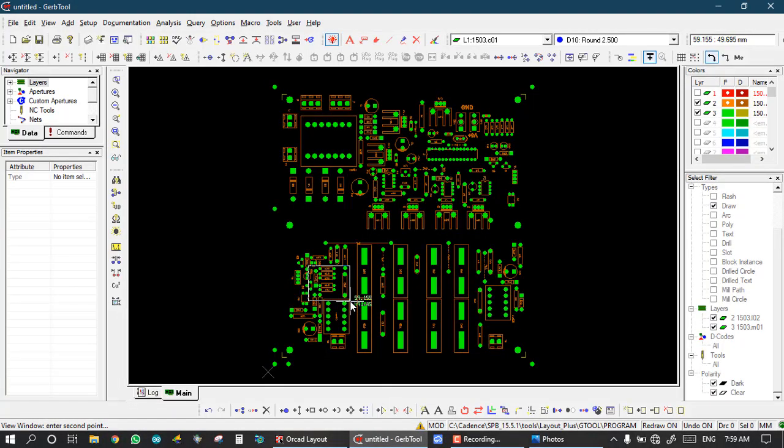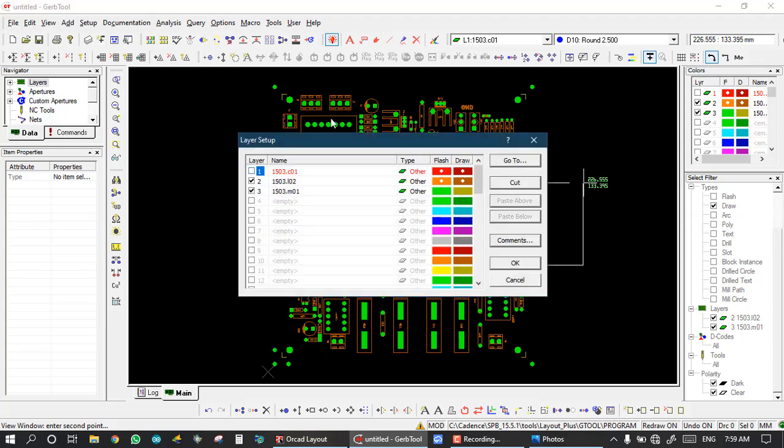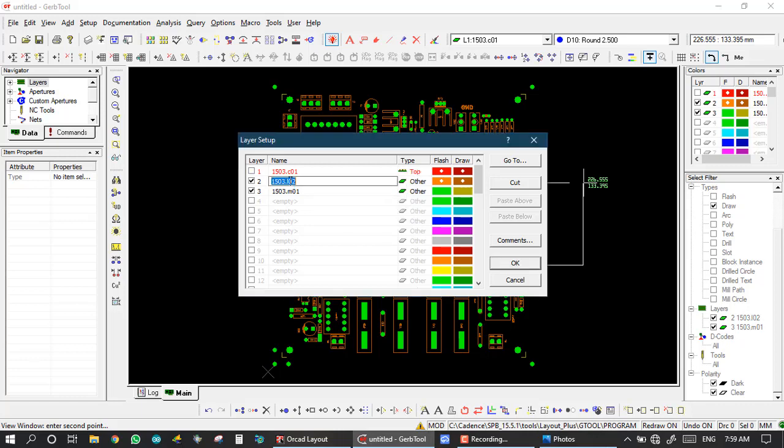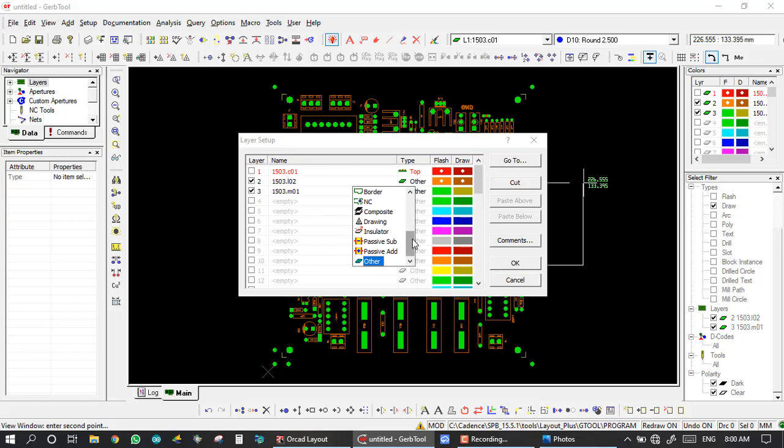Now I am defining the layers. To define a layer we press the shortcut Y, tick, enter. It is a copper layer on the top side, so it is top copper. The second is L02, which is the legend printing or silk printing. We are editing this layer in this video, and since it is L02 it is the bottom legend, so we name it silk bottom.